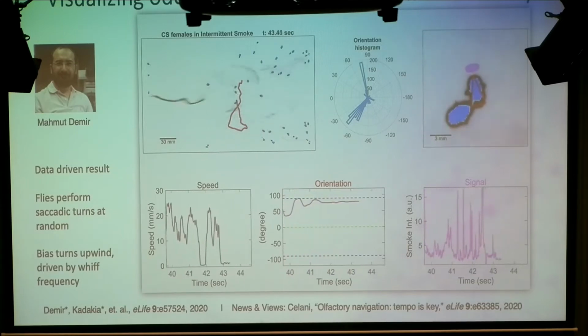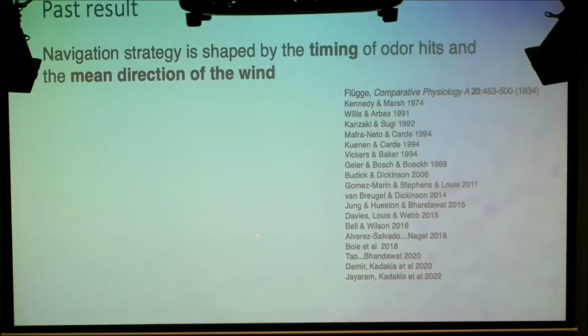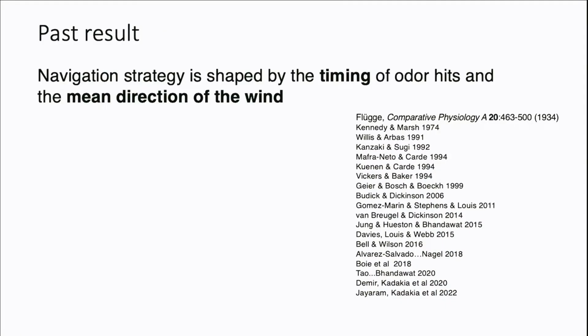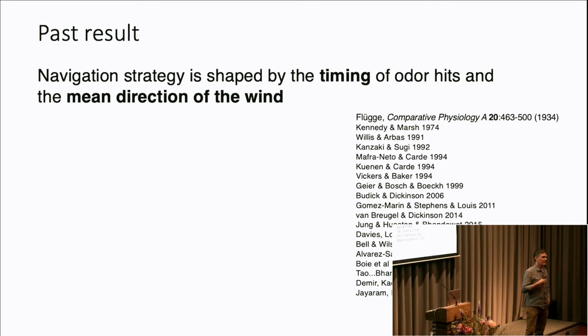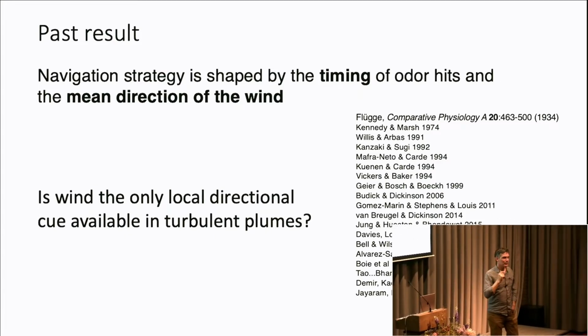Okay? So that was entirely data-driven. But if you look at about 100 years of results, the bottom line is that the directional cue is provided by the wind, and the timing of what to do is provided by encountering these odor packets, which tend to be discrete because of what Massimo was saying this morning. No? And so the question: looking at the data for Mahmoud, one thing we noticed is that